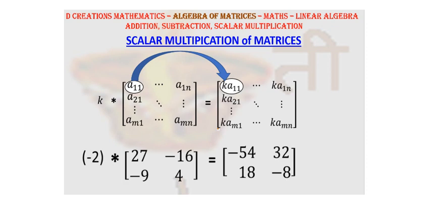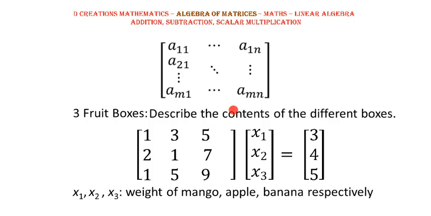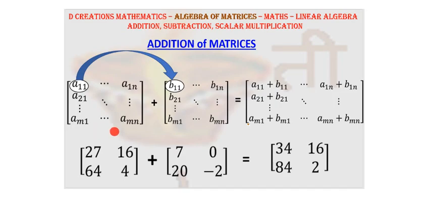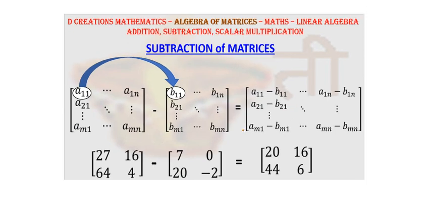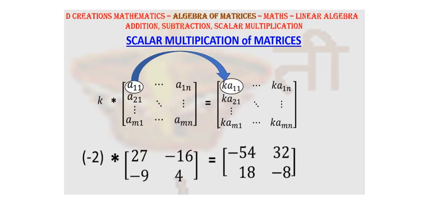So what is the takeaway? Given any matrices, you can add two matrices. The corresponding elements rule holds here. The same rule is applicable for subtraction of matrices and scalar multiplication of matrices. So very easy to understand. You can practice with any kind of matrices. It's not difficult to construct a matrix, is it? Simply put some values in place of these elements and then try it yourself.